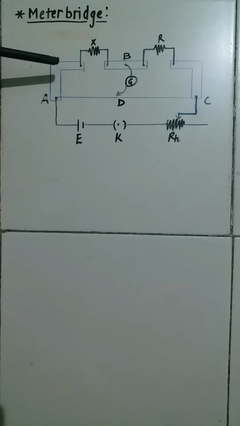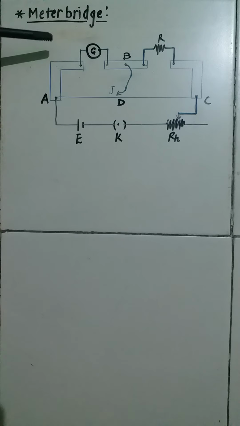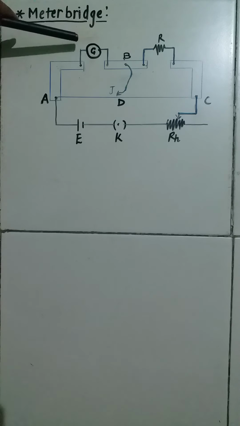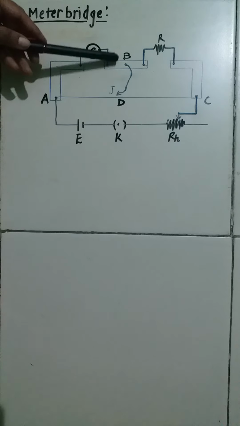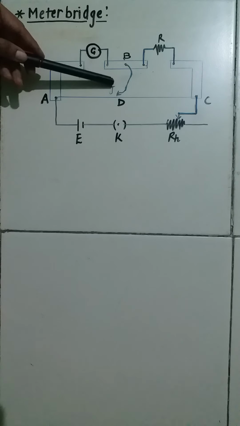So Kelvin suggested a method in which only one galvanometer can be used to determine its own resistance, and that method is called equal deflection method or Kelvin method. Let us see the circuit diagram to determine unknown resistance of galvanometer. This is the circuit diagram. See, the galvanometer is connected in place of unknown resistance, and the galvanometer which was connected between points B and D was removed.